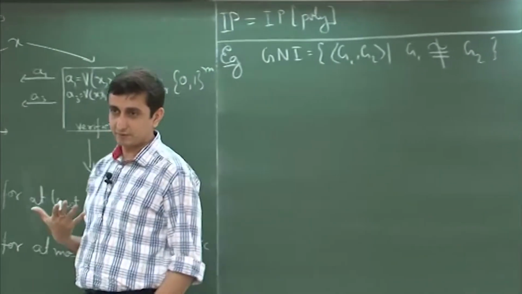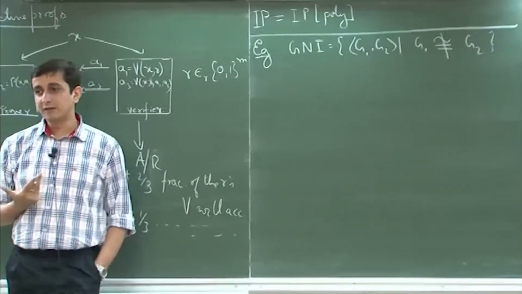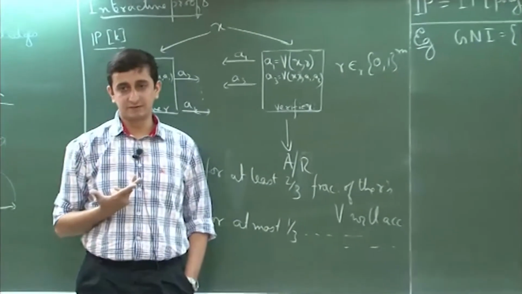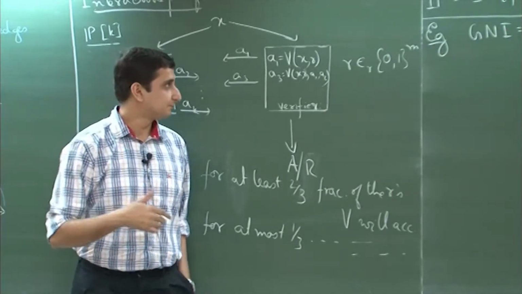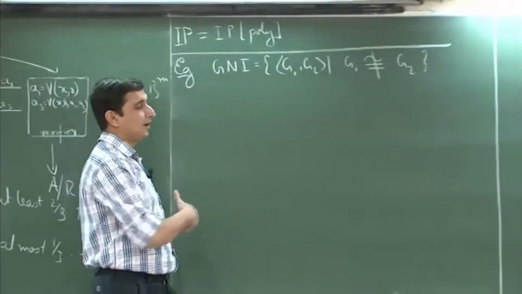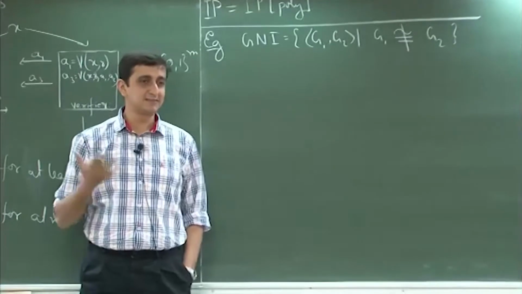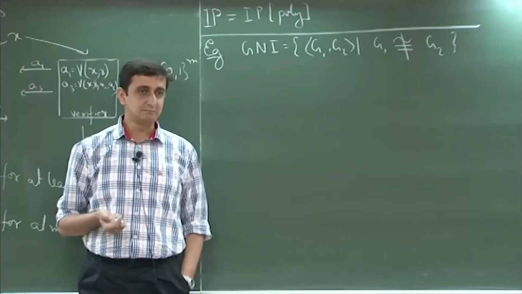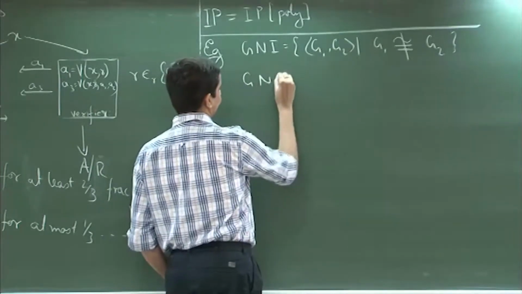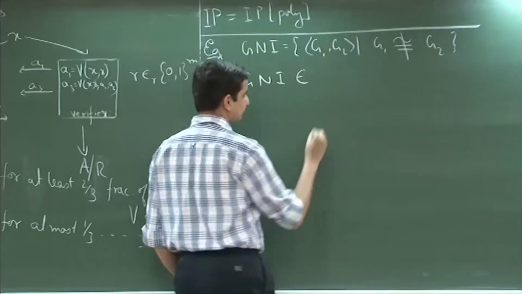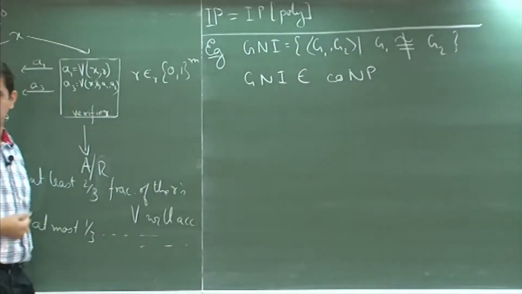is in NP. Okay. And that is not very difficult to show, because the way you argue it is in NP is you just guess a permutation. Okay. So, if G2 is that permutation operated on G1, then of course, you accept, otherwise not. So, if the graphs are isomorphic, there exists some permutation, otherwise there does not exist. So, that immediately implies that graph non-isomorphism is in co-NP. Okay.